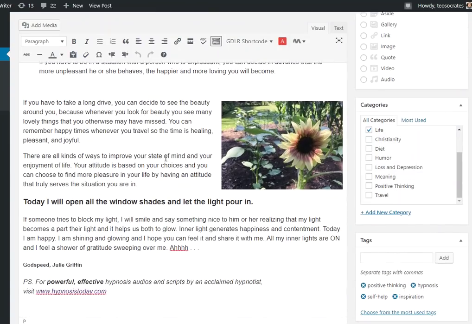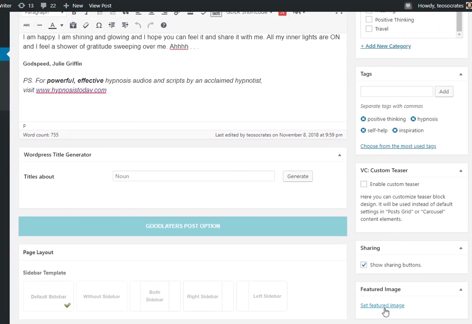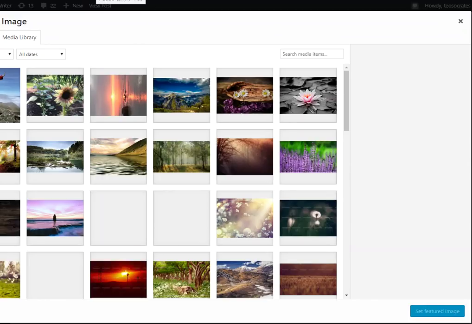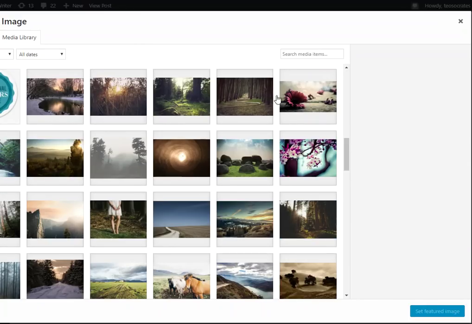And finally, an important thing to do is to go down here and choose a featured image. So this could be an image that you pulled from the article. Probably you want this to be something that's attractive to your audience. I already have some images that I pulled from free stock photo sites like Pixabay.